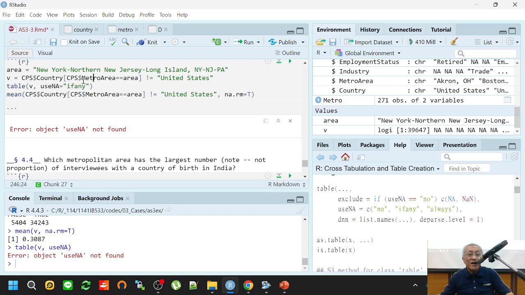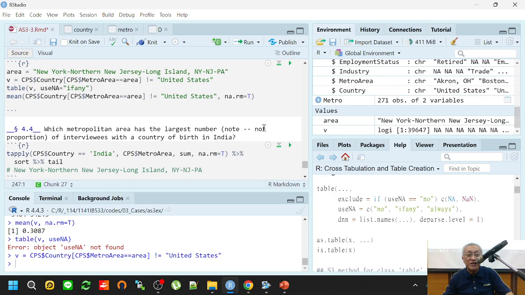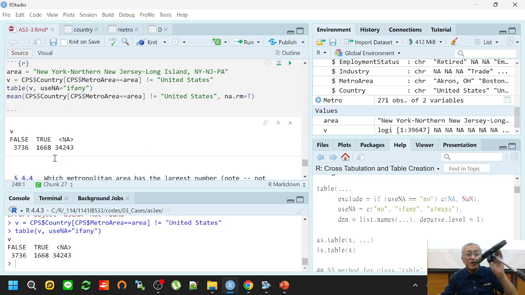The thing is that after we calculate this expression, it has so many true, so many false, and so many NA, right? And the effect of including na.rm equal to TRUE is that it will exclude all of these NA values, okay, and then do a mean on the rest of them, okay? So